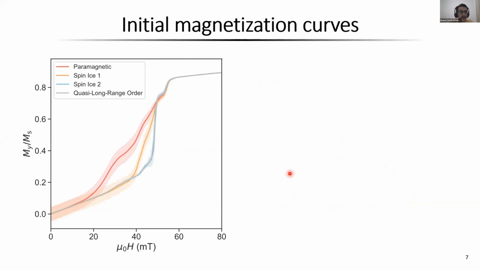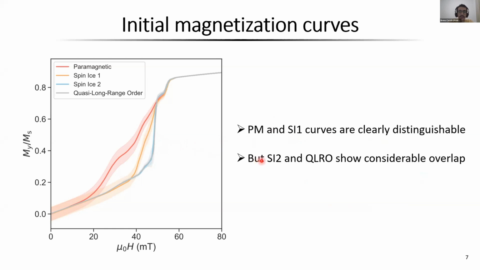So here are the results. Each curve here is the average over the 100 curves for each phase. And what we can immediately see is that the paramagnetic and spin-ice 1 curves are clearly distinguishable, even considering the error margin here. However, spin-ice 2 and quasi-long-range order curves show considerable overlap, so we cannot distinguish them only